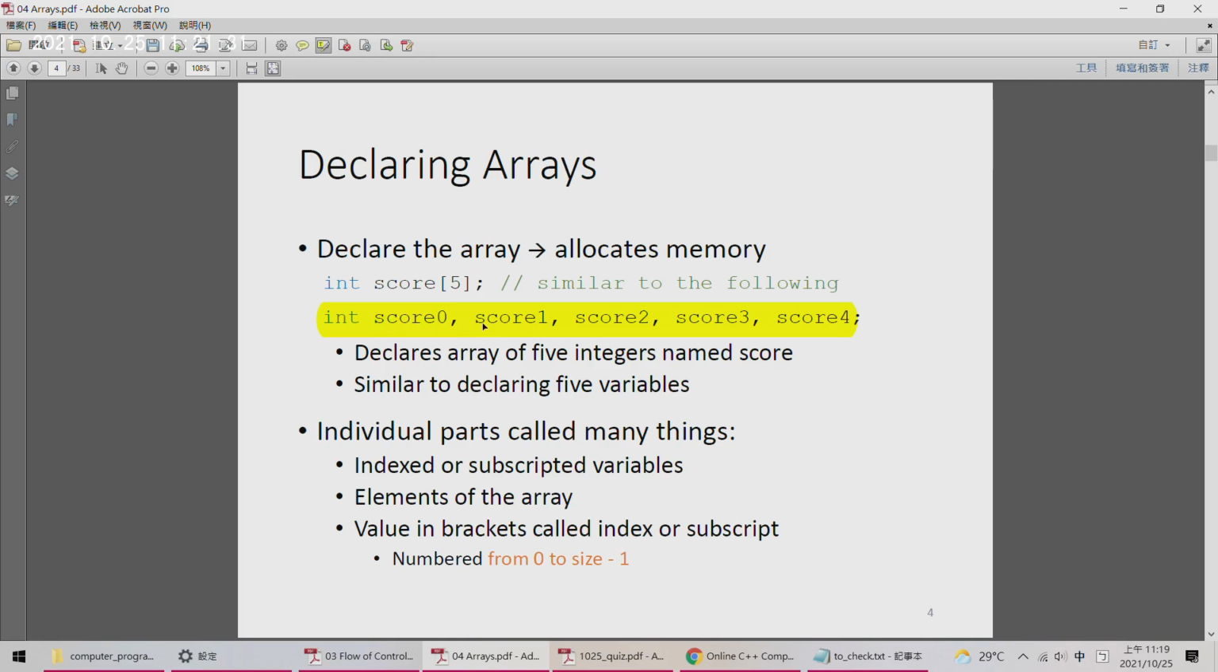But if you write your program in this way, you will find this is very inconvenient. For example, if there are 100 students, you need to copy and paste 100 times. So this way can only work for a small number of students. But if we use an array,